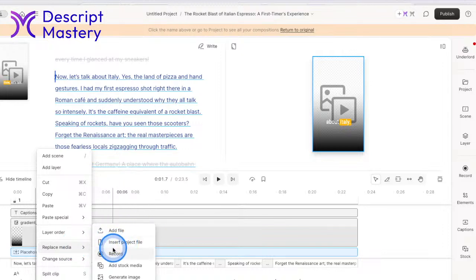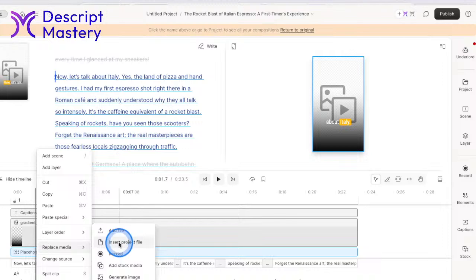I can insert a project file, which is if I've already brought files into this project, like off of my computer or even the stock media that I've already used, then I'll be able to select that. I can record something original with this record button. I can add stock media. I can generate an image using DALL-E, or I could add a video from YouTube using a link.